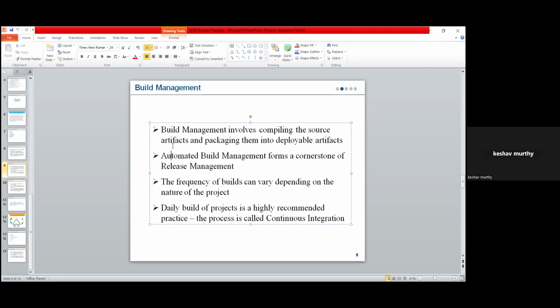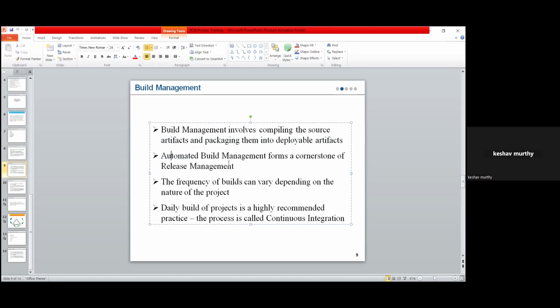What does artifact mean? Artifacts are final entities that can be directly deployed on the server. You got it? Build is a process of generating your project artifacts. A project artifact is nothing but a final entity that can be directly deployed on the server.